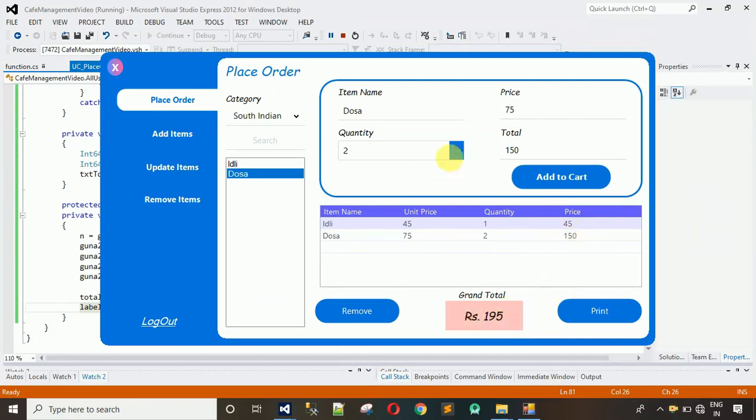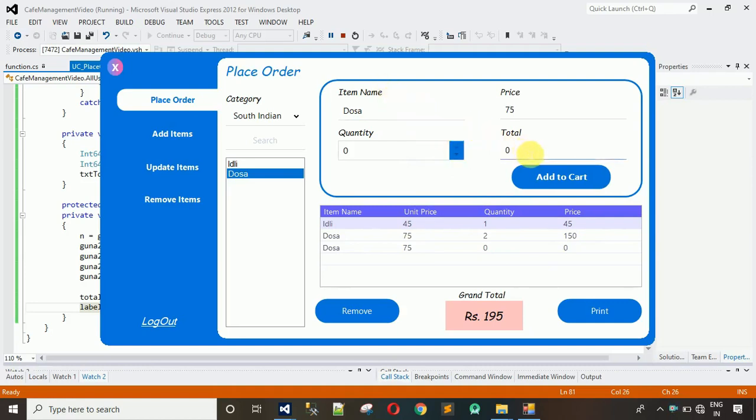After this, you can observe one small issue: when I select this 0 and try to add to cart, yeah, this will add it too. But this doesn't make any sense, that you have added 0 dosa and the price is 0 and the unit price is visible over here. What I want is to restrict this type of thing. Or the second thing, what I want is